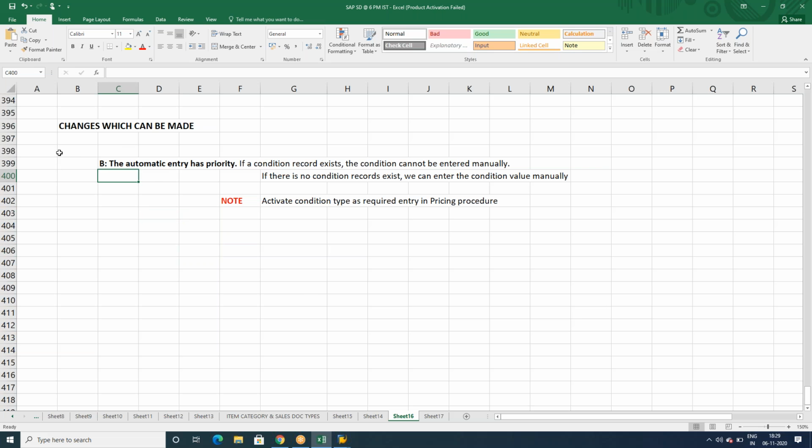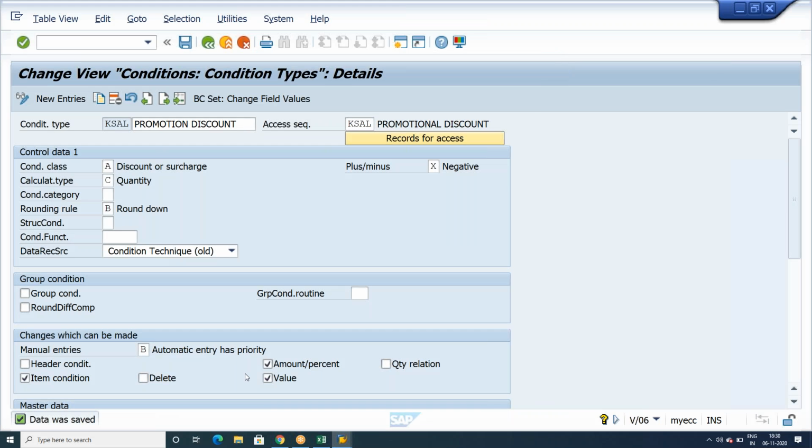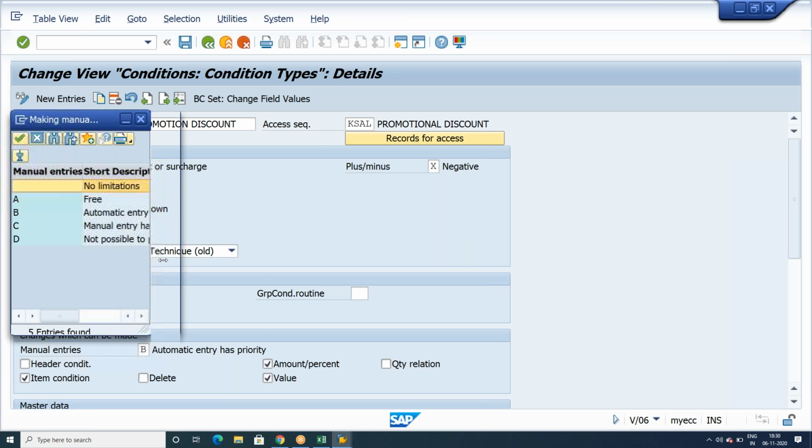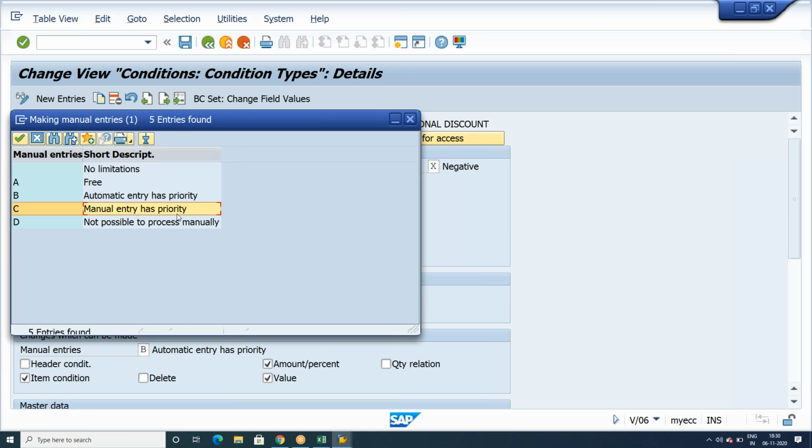Now, in the same way, there is the concept of manual entries. So that's the first rule. Now we have second rule over here. What is that? So instead of rule B, I'm trying to change it to rule C. Manual entry has priority. Any guess what you mean by this particular rule? Manual entry has priority. That means even though the record value is maintained, if you're trying to enter,